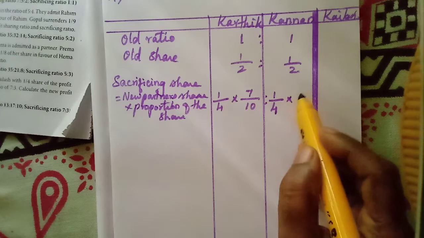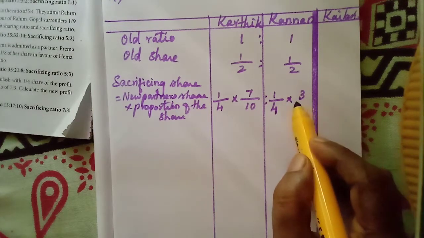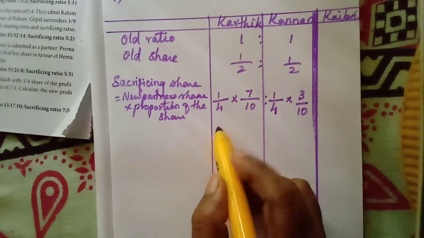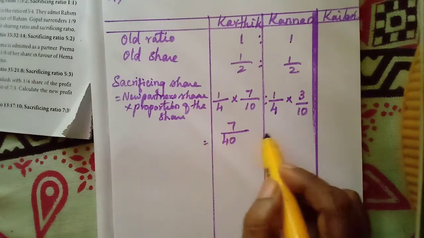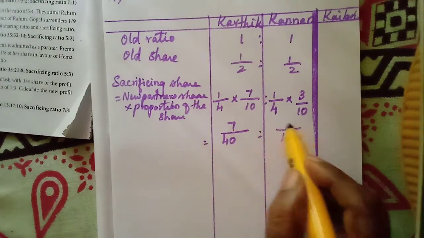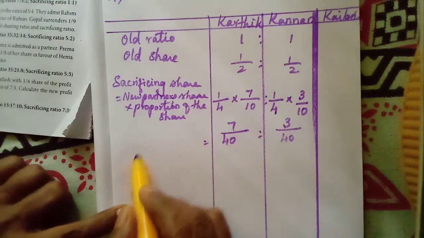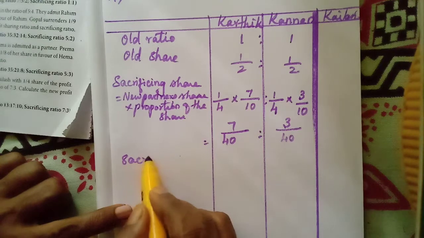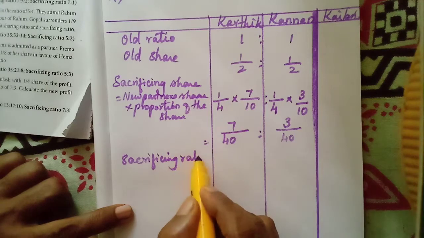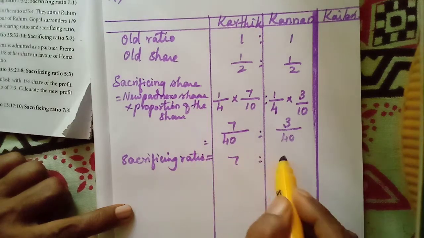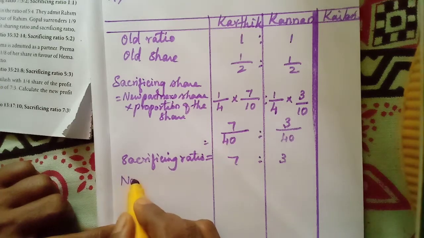into here 3 by 10. Okay, so we will multiply: 7 by 40 is to 3 by 40. So what is the sacrificing ratio? 7:3. Now new share